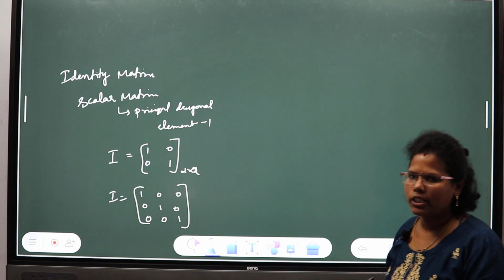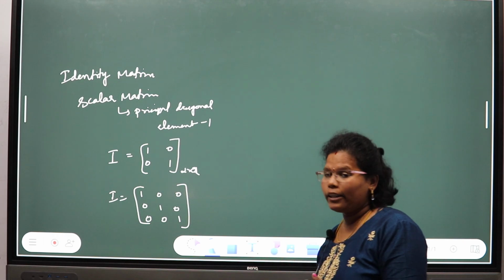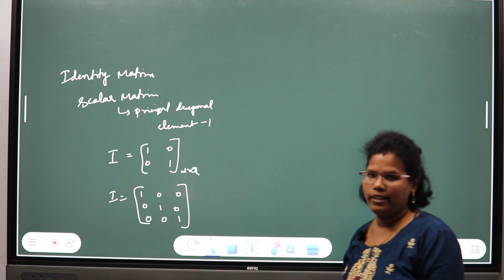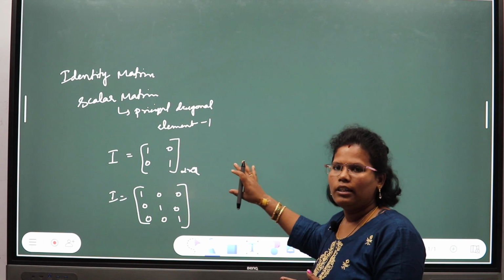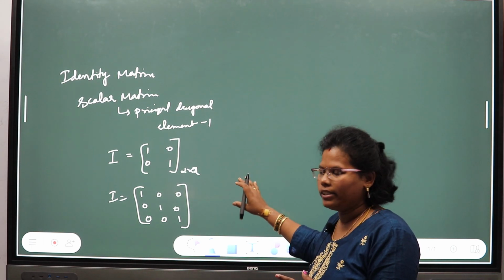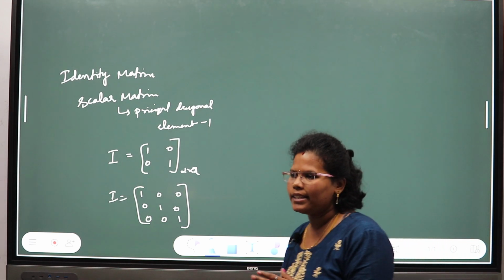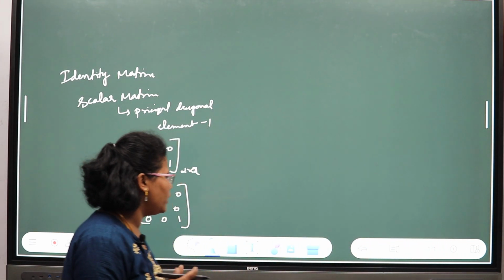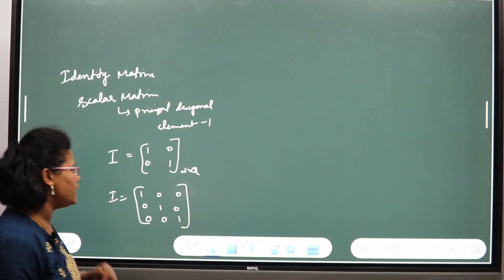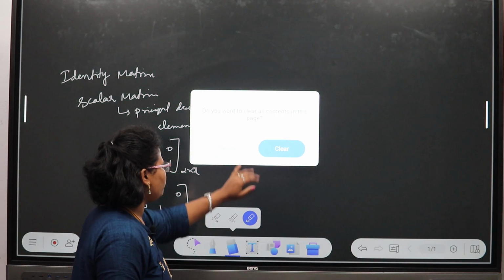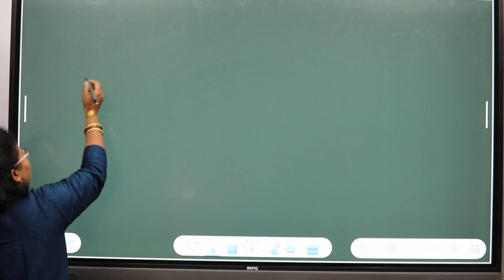Linear algebra talks about the matrix, rank of matrix. So you have to find the rank of a matrix. Okay, so you understood about the types of matrices that we have. Now we see how to find the rank of a matrix. They will give the matrix and we have to find the rank of that matrix. So how to find the rank of a matrix, we will see now.